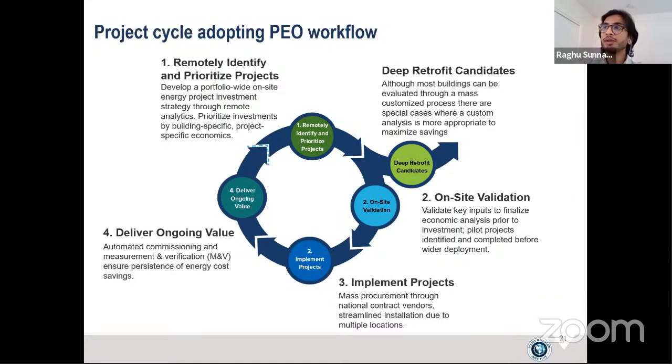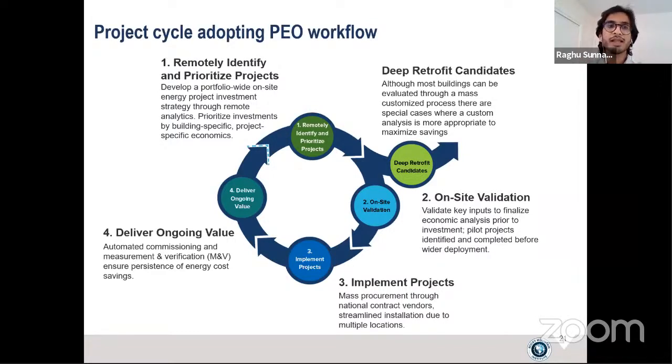So retrofitting buildings, to enable that, we have chosen the software solution, developing a software solution. But we do understand that outside of the whole realm of tool development, there's this whole project process that we need to be aware of. And so we've identified the 4 major phases of the retrofit projects where we think we can have technological solutions. This particular presentation, we will be focusing mostly on phase 1, which is remotely developing a